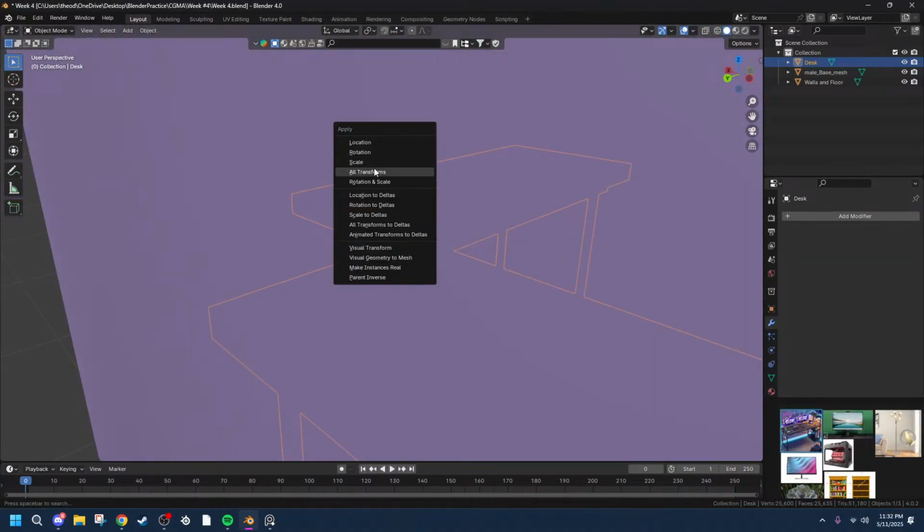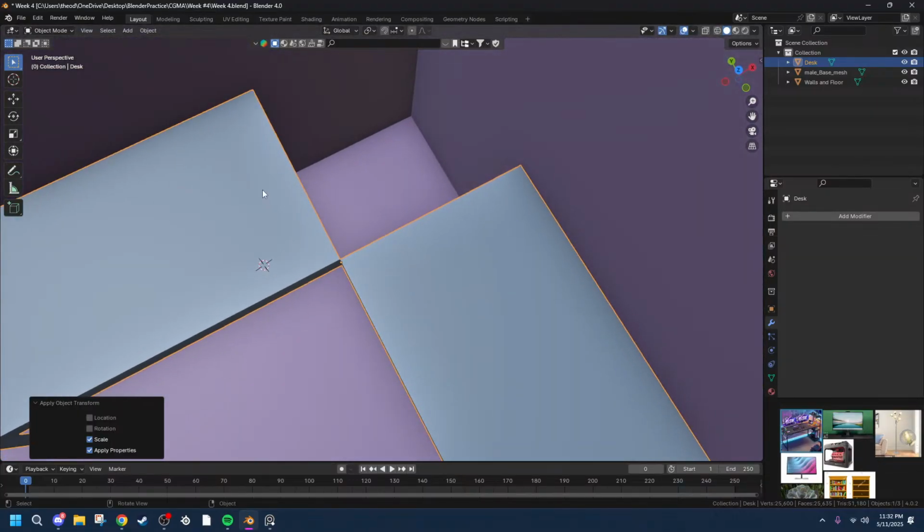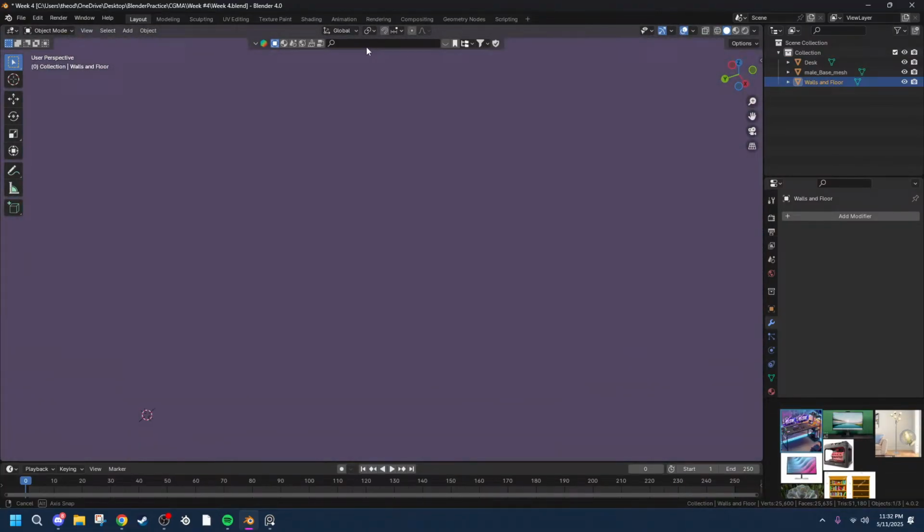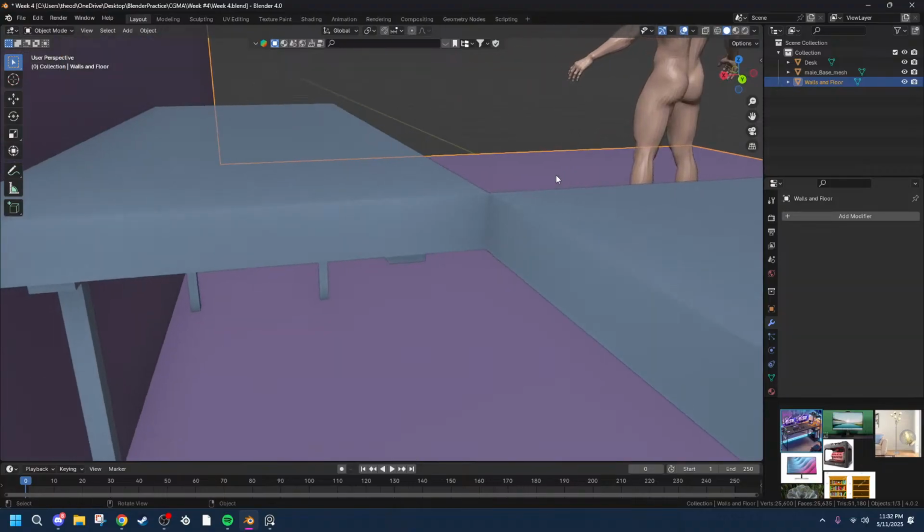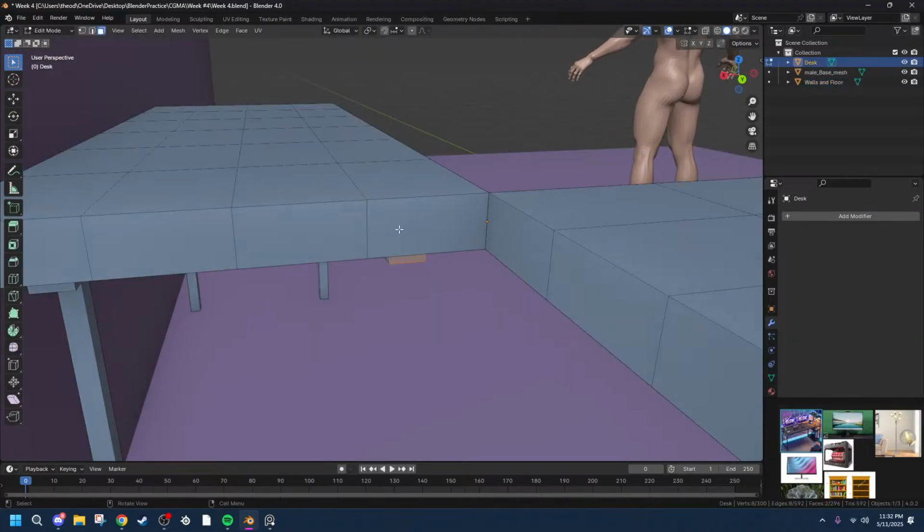So Control A, apply scale. Scale's been applied, that's good. Because now when we bridge these two things together, or if we decide to bridge any things together here, so like let's go with